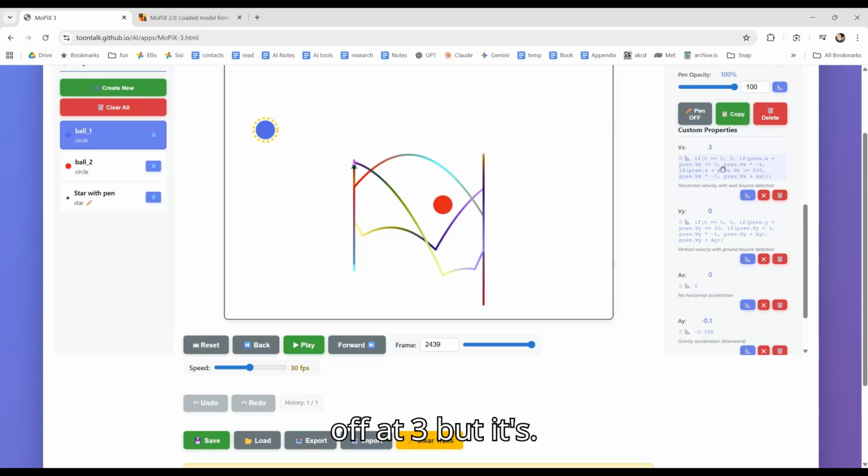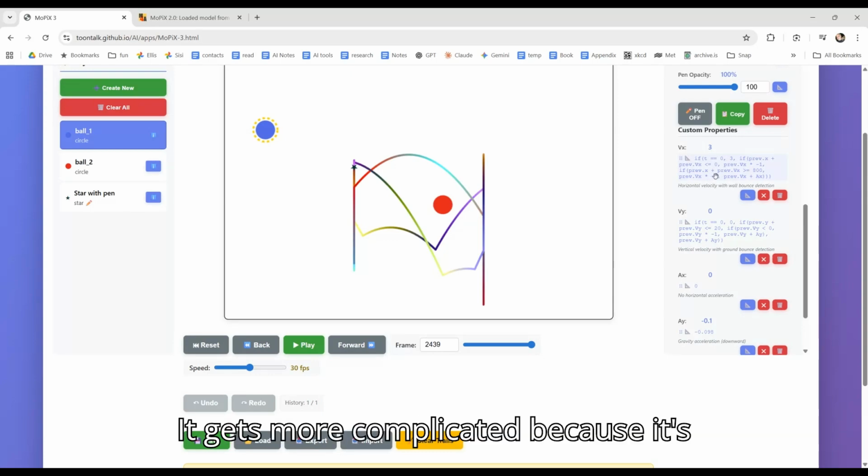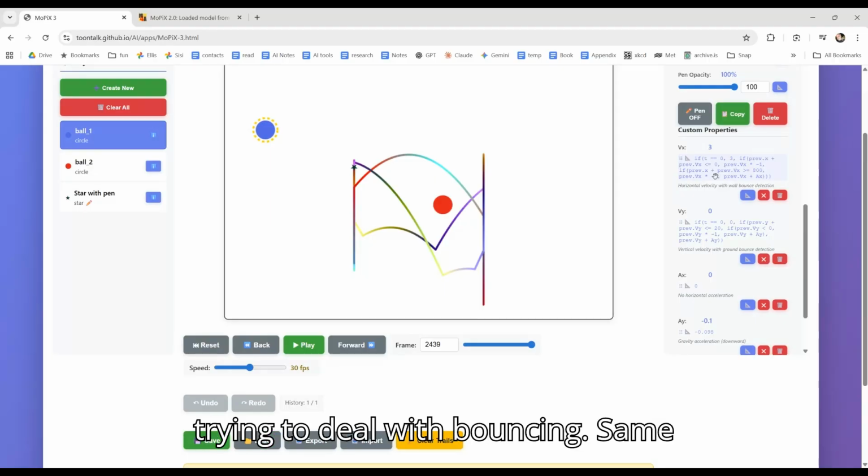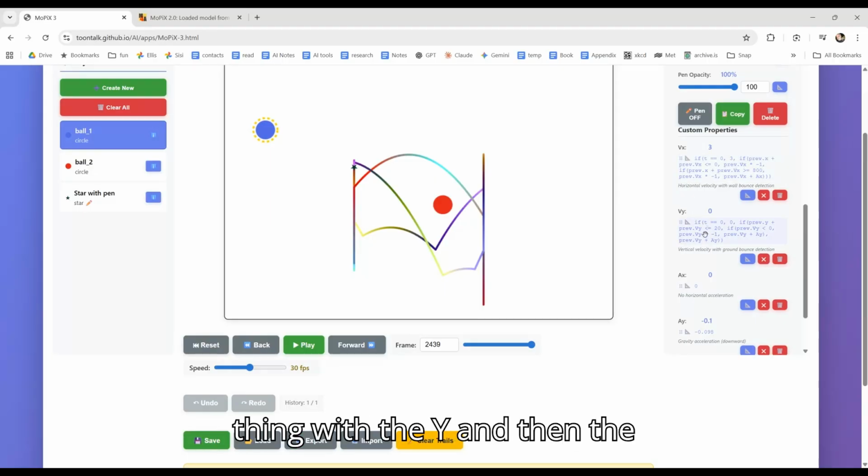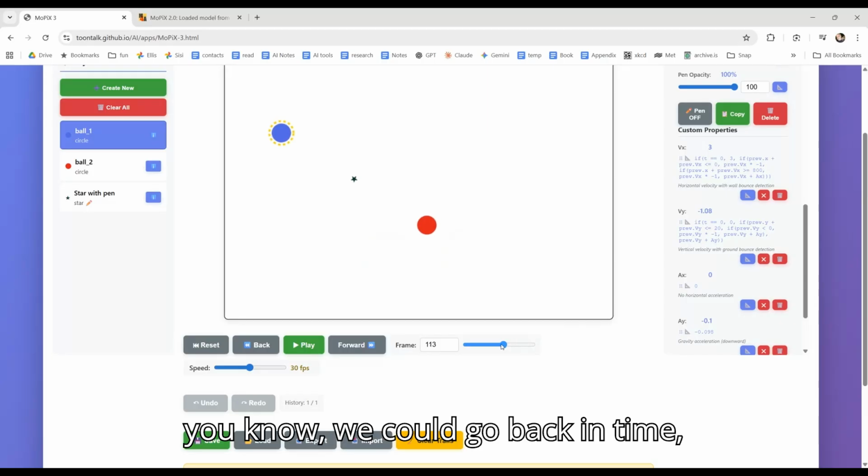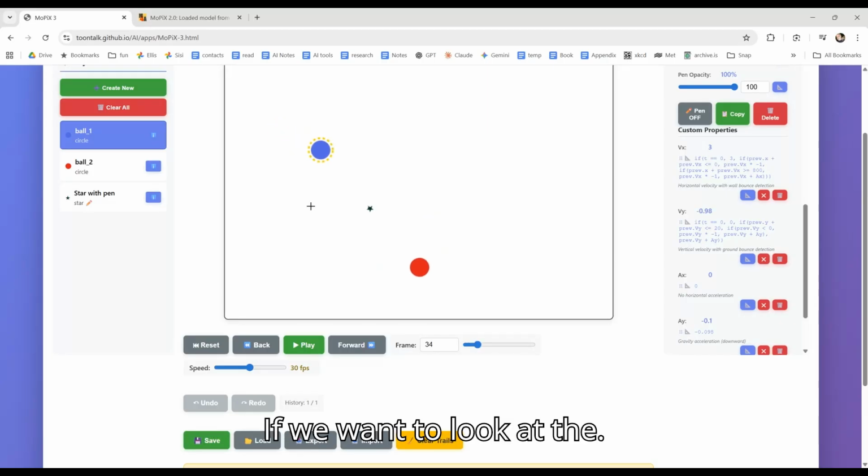starts off at 3, but it gets more complicated because it's trying to deal with bouncing. Same thing with the y. And then the acceleration is set to real gravity, proportional to real gravity. And we could go back in time. If we want to look at